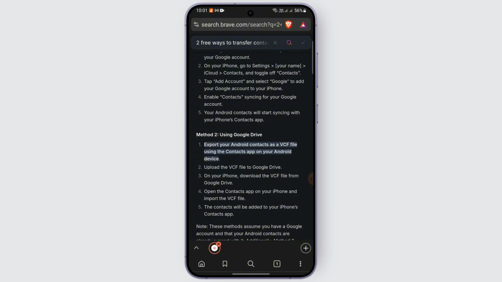Once the contacts app is open on your iPhone, import the VCF file. After that, the contacts will be added to your iPhone's contacts app, just like that. So these are the 2 free ways to transfer contacts from Android to iPhone. So you just need to follow the steps and you should be able to